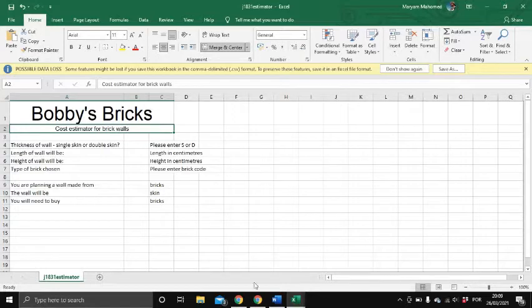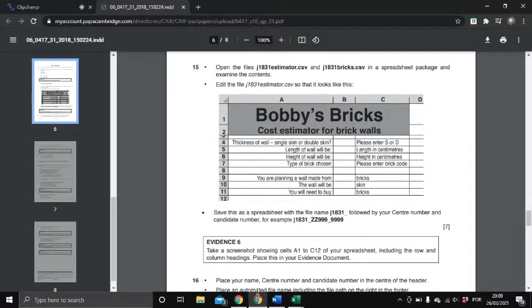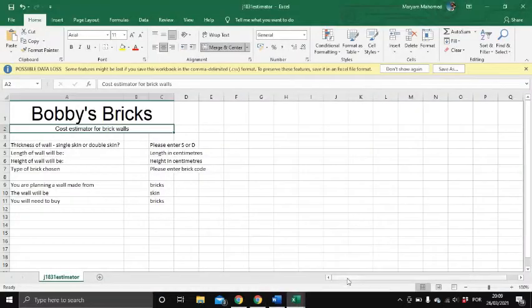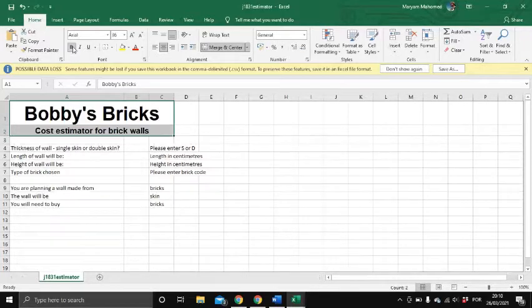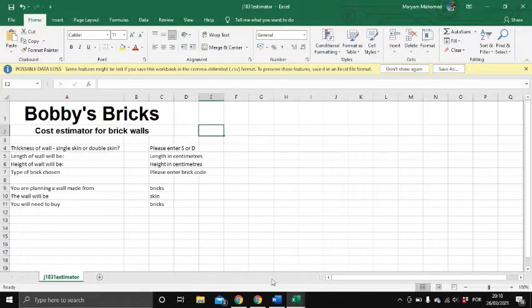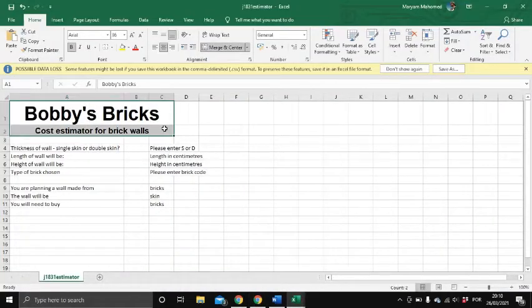Then here, the cost estimator for brick walls, I'm going to increase it to, let's see, let's compare. I think that's fine. Okay, then this will be bold. Okay, bold, and